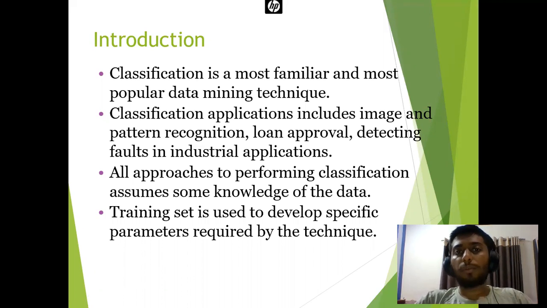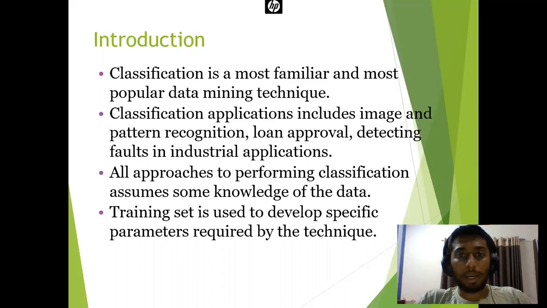Decision trees belong to the family of supervised learning algorithms. But unlike other supervised learning algorithms, decision trees can be used for solving classification and regression problems. Now, classification problems. Classification is the most familiar and the most popular data mining technique. Classification applications include image and pattern recognition, loan approval, detecting faults in industrial applications, and some projects we do in